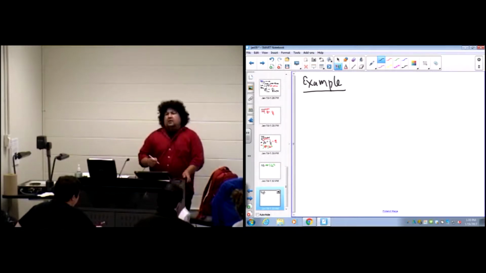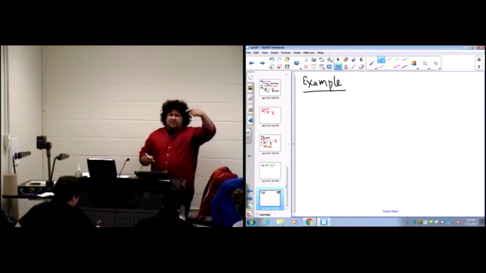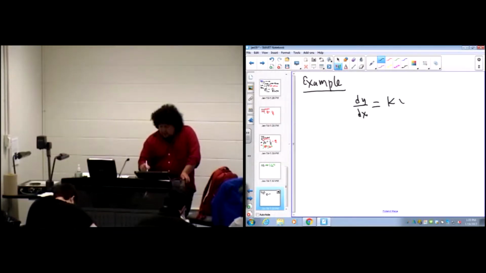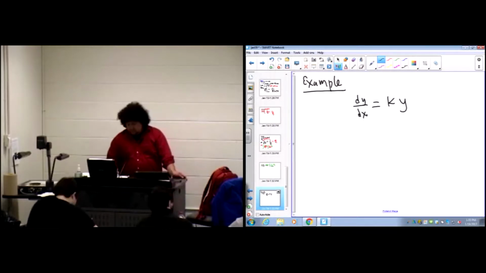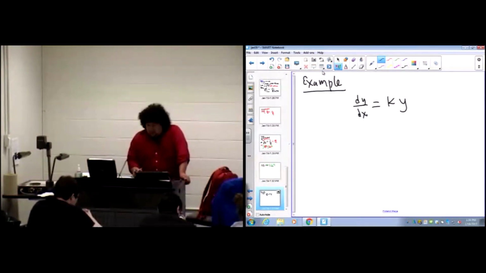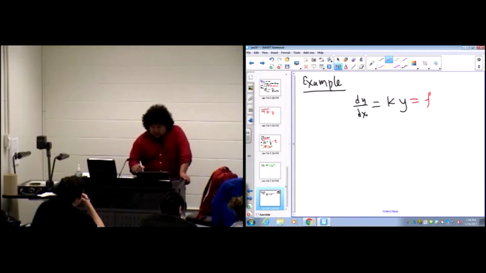This is very similar to what I mentioned earlier about when we were verifying whether a function is a solution to the differential equation. So consider dy/dx equals k times y. In our previous calculation, this is what we were calling f of y, right? So basically, if we flip